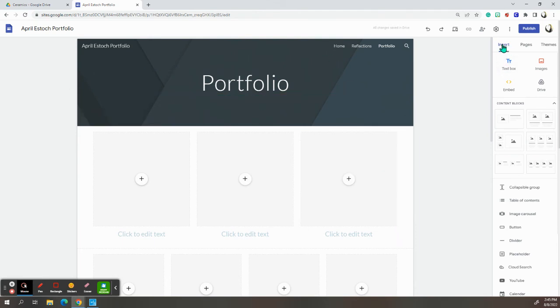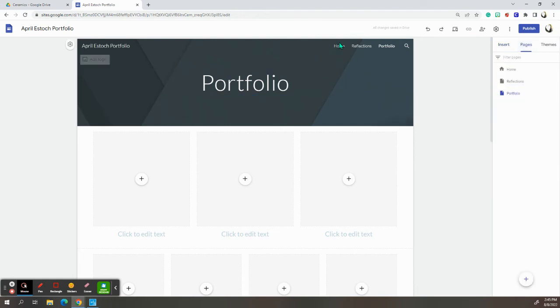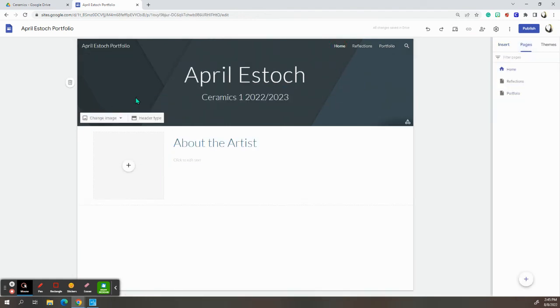The last thing, there's 2 more things that you can do. So let me show you. If we go back to the home page, there's a couple options. So you cannot leave your site like this. You need to customize it. Remember, this is going to be your site showing off your work and what you've learned this year. So another thing you can do is come to header type, and